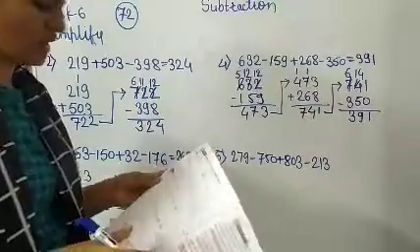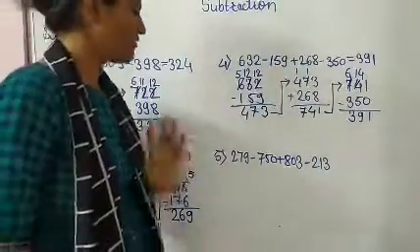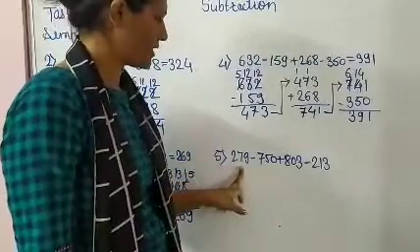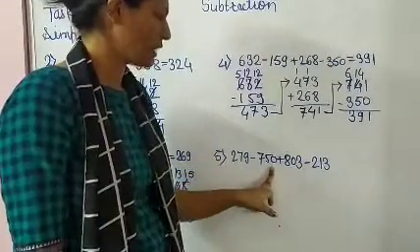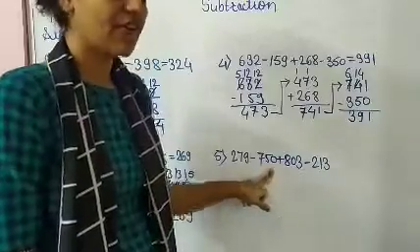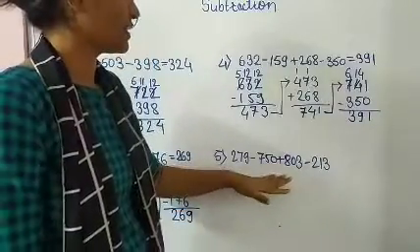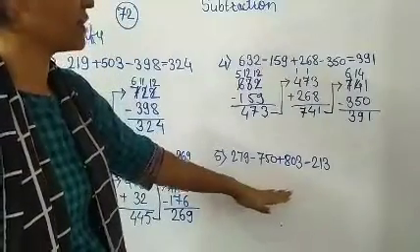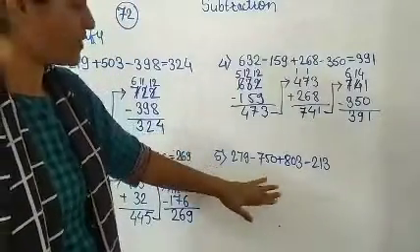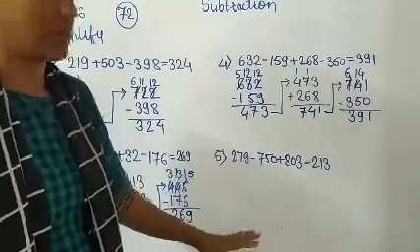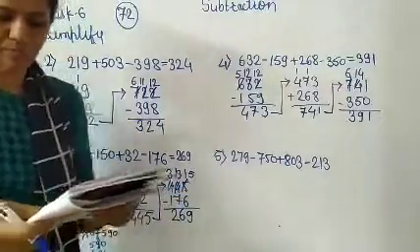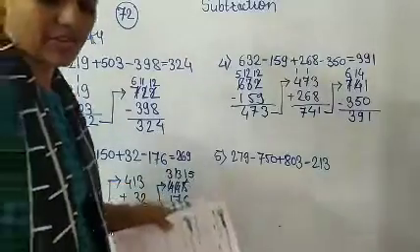So student, now see the fifth one. In the fifth problem also it is like the first one only. See here a small number is there. From this small number we can't subtract a big number. Yes, we can do it, but you can't understand this one. Higher class students can understand easily, but for you it is very hard. So first and fifth one we will skip. Okay, first and fifth we will skip. So now we see the sixth one.